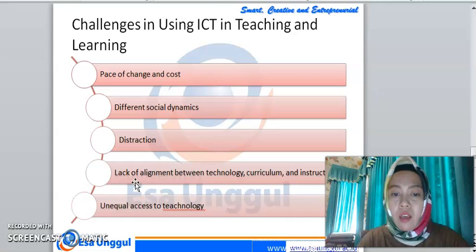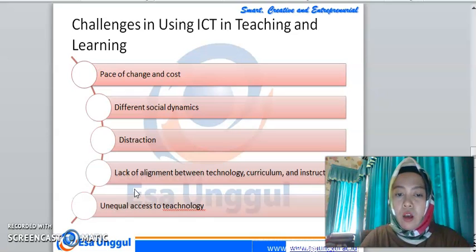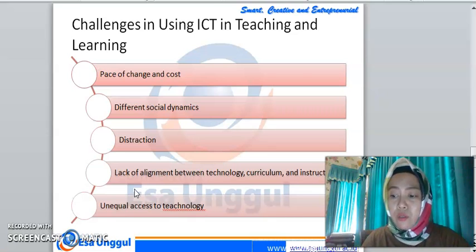If we don't know the objective of the lesson, the materials, the exact goal of the student learning, then teachers only use technology in the classroom without trying to connect it with the right curriculum and their instruction in the classroom,